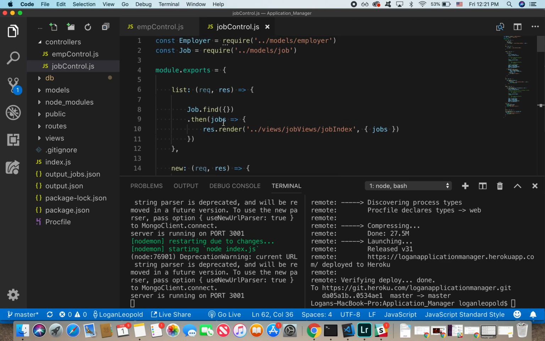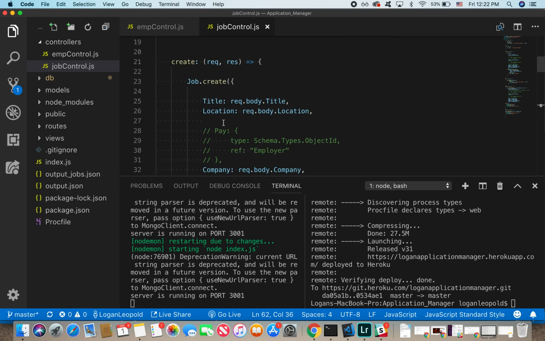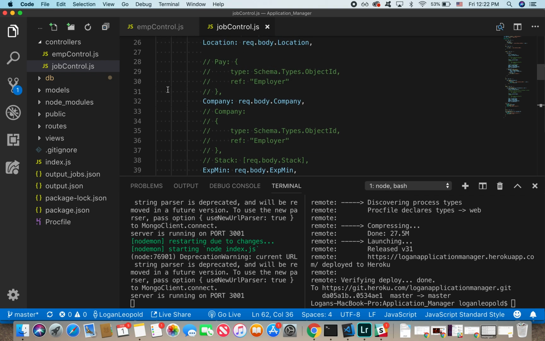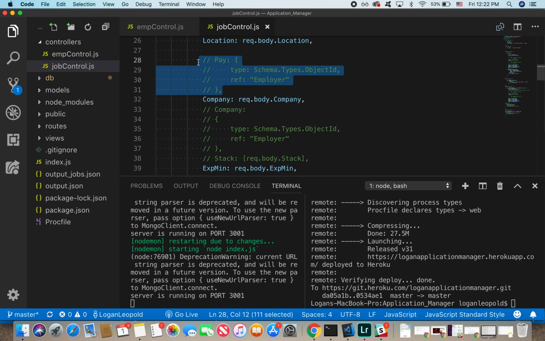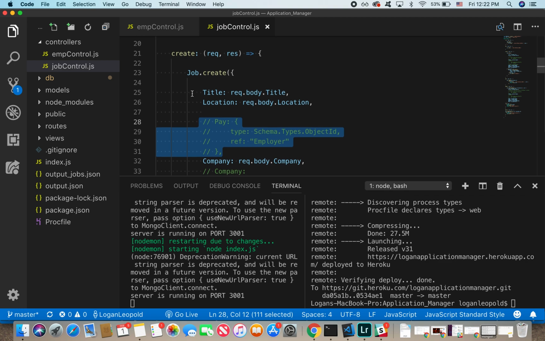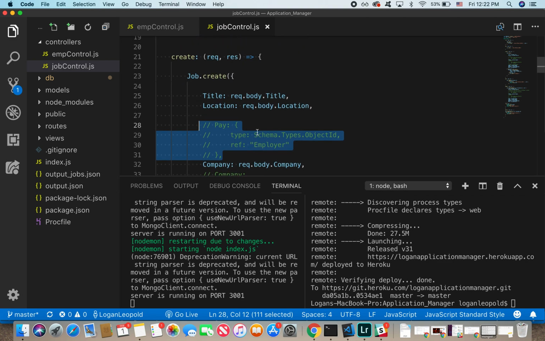But my new job page where you can add new jobs does populate the employer of the same name with the job you create, and that little bit of code is just here. So this is so later I can use the employer model to populate the jobs model, but gotta build some of that out. But what I do already have is the create job method taking all the parameters from the